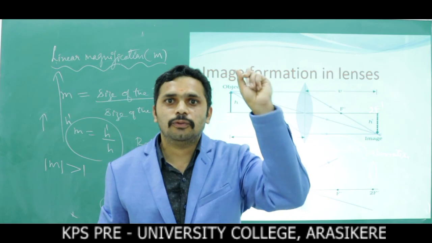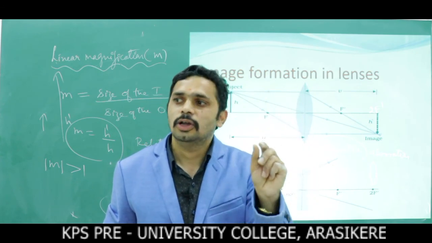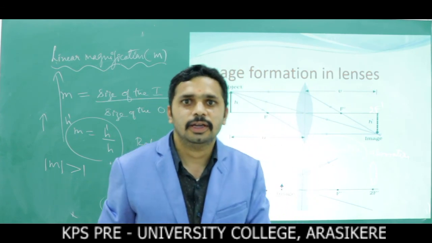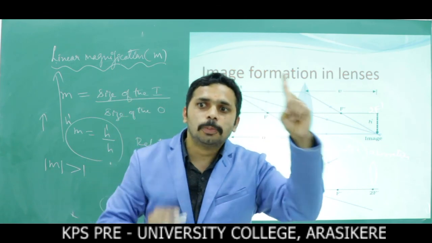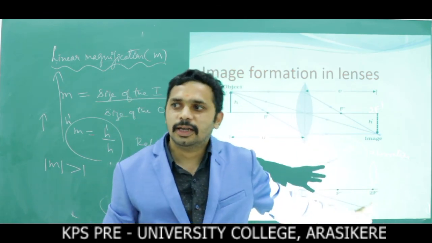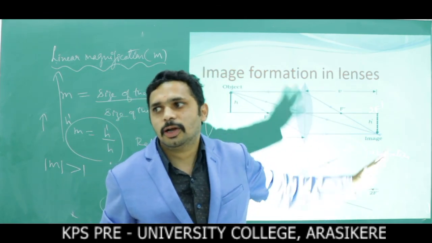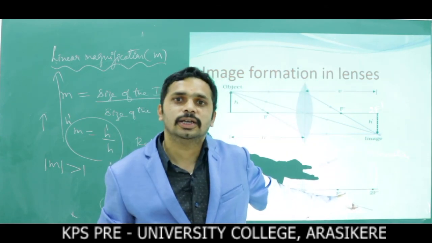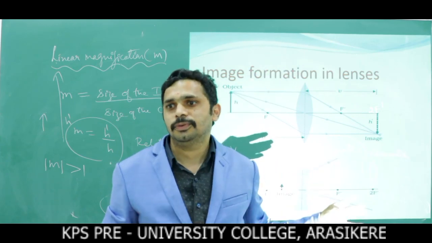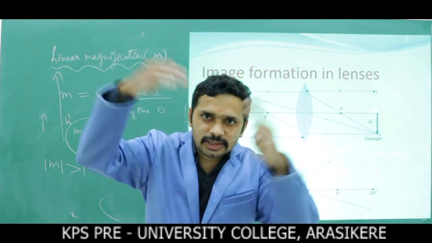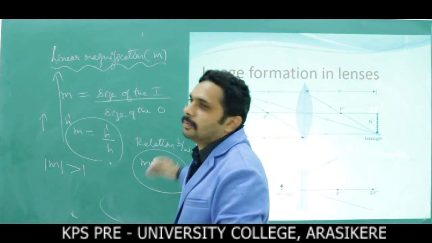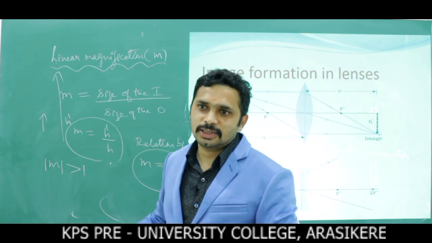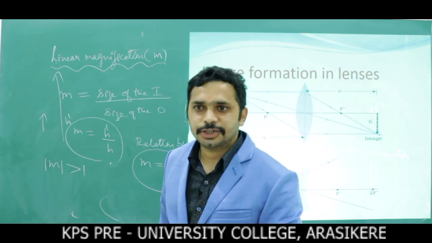In mirrors, the focal length depends only on the radius of curvature. So in mirrors we get a sharp image of the object, but in lenses there is no sharp image, because different colors have different wavelengths and different refractive indices. They meet at different points, so there is no sharp image. That's why, to get a sharper image, you have to use a combination of lenses. Now to discuss the important concept, combination of lenses.